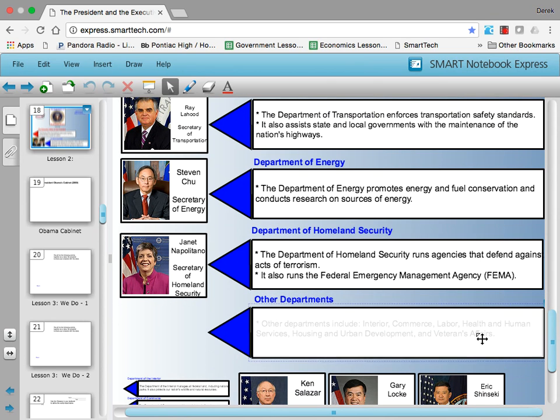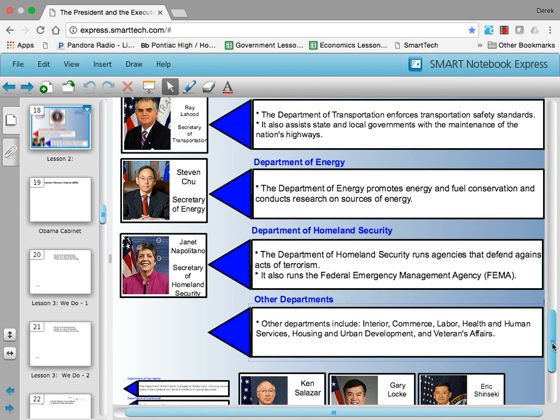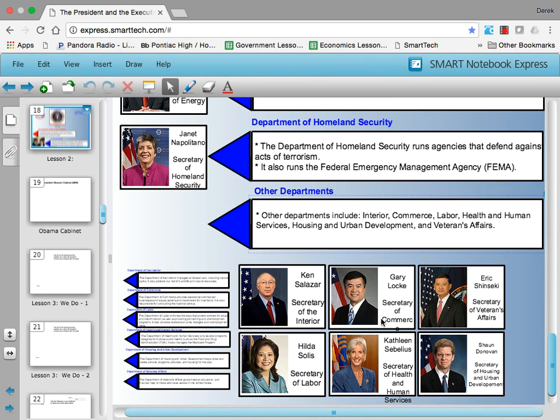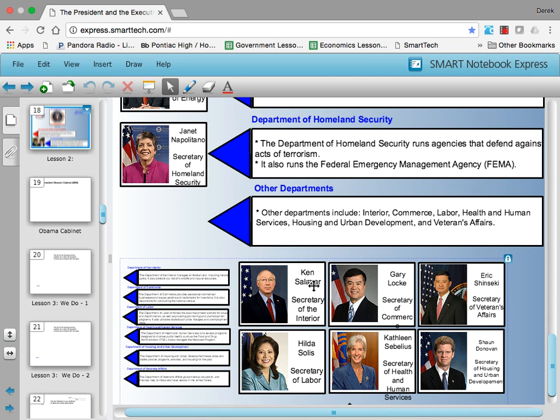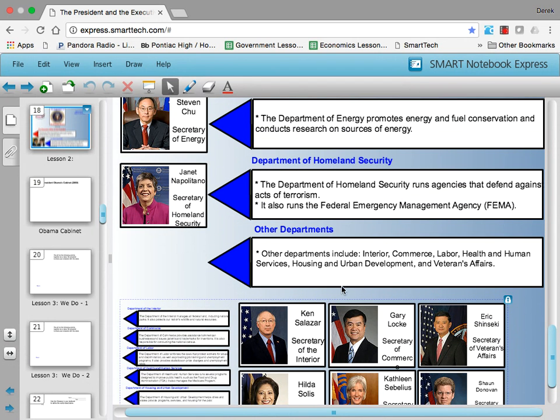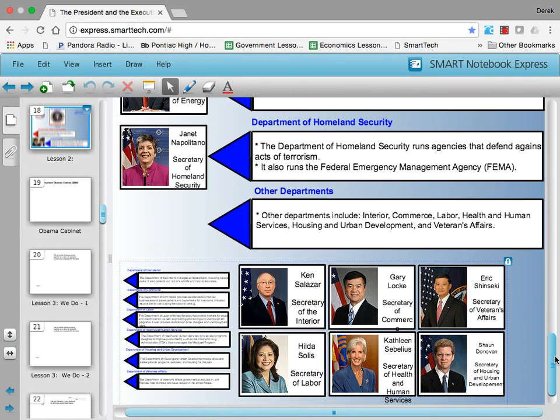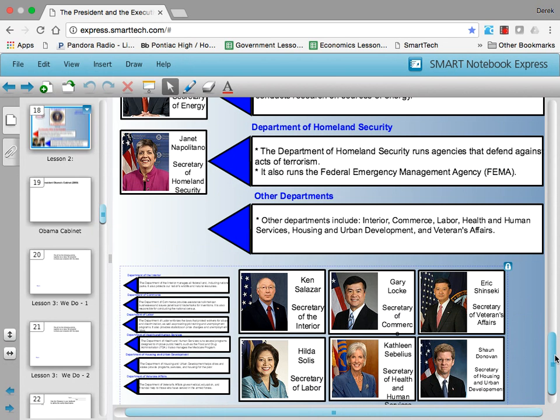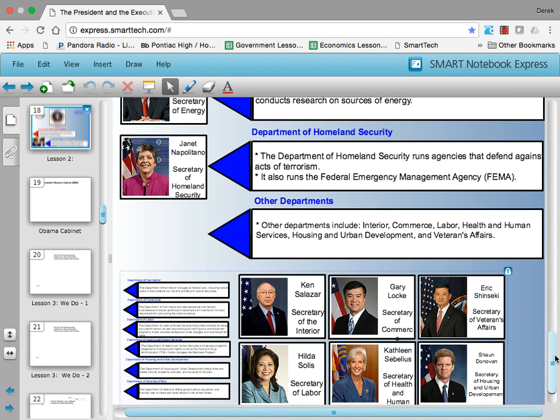Other departments, we've got a lot of other departments. They include Interior, Commerce, Labor, Health and Human Services, Housing and Urban Development, and Veterans Affairs. I could sit down and go through all this information on all of these different areas. And if you squint your eyes really carefully, you might even be able to see some of them down there. But I'm not going to do it because this has already been a pretty long lesson. And I think you get the idea. And if you want to find out more about the Secretary of the Interior, who really kind of looks at our natural resources at home, I encourage you to do so. But I'm not going to do it for you.